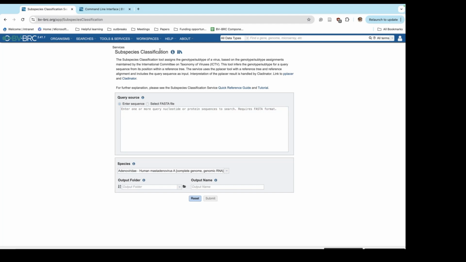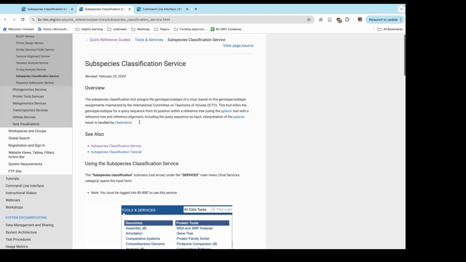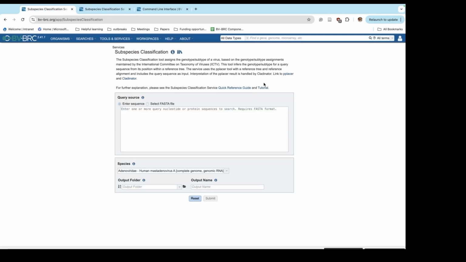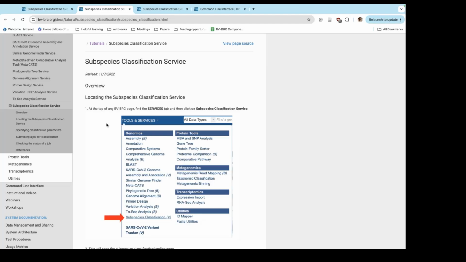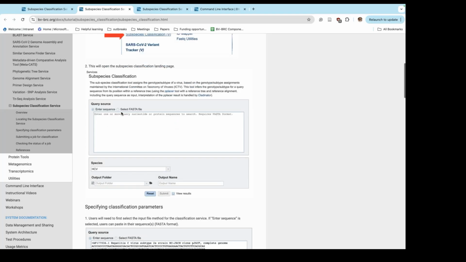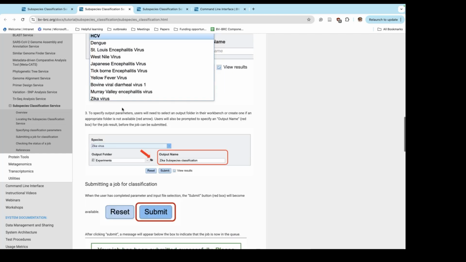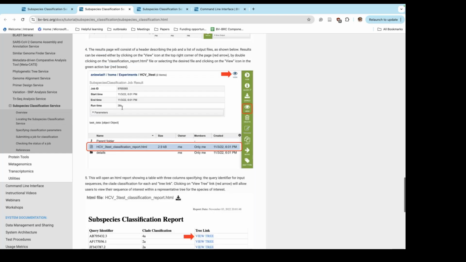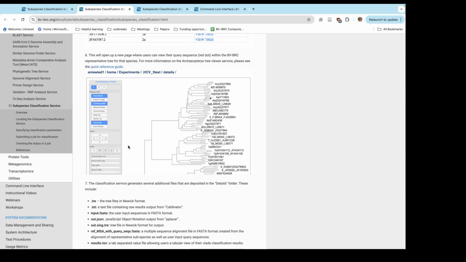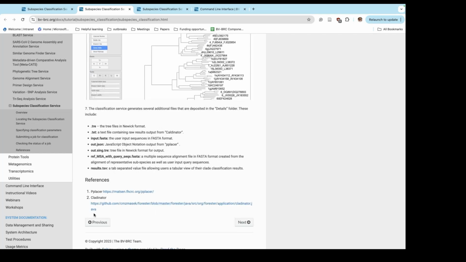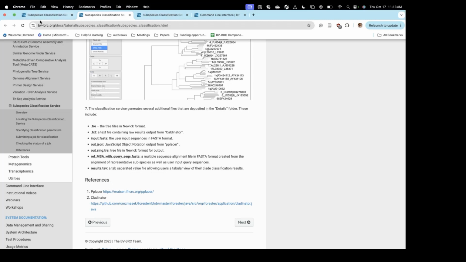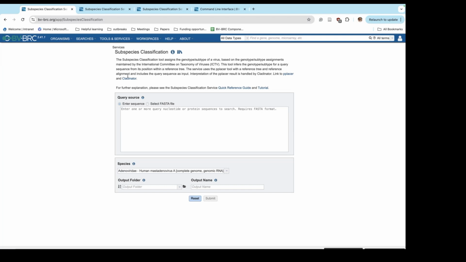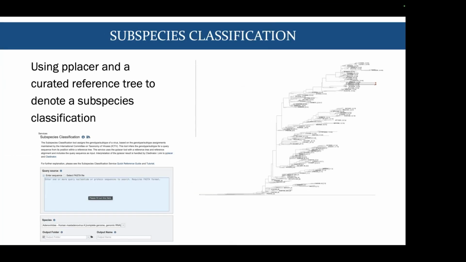Also, all of our tools and services have reference guides and tutorials that you can access here at the top, or by clicking the link that says quick reference guide or tutorial. This will bring you to our documentation pages. We'll tell you where the tool is, how to work it, what the output will be like, what files you'll get when you run that job. And that, again, is the same across our services. So continuing on with the presentation,